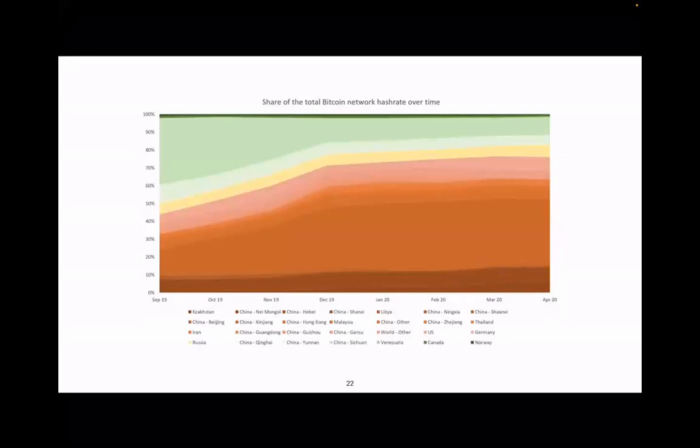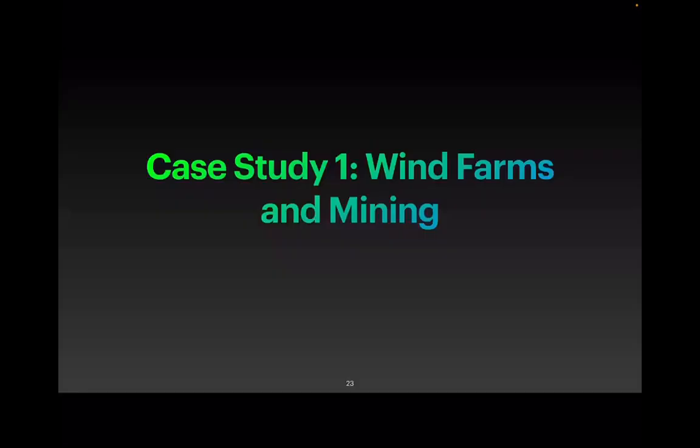Okay, so while those efforts to integrate more renewable energy into the Bitcoin network are promising, the numbers indicate that it is not being done at a rate that compares to that of the non-renewable powered facilities. So you can see here in the graph, where the darker colors represent the non-renewable share and the lighter colors represent the renewable share, that the non-renewable share is actually increasing with respect to the renewable share. Next slide, please. So now we're going to take a look at 2 case studies, the first one being